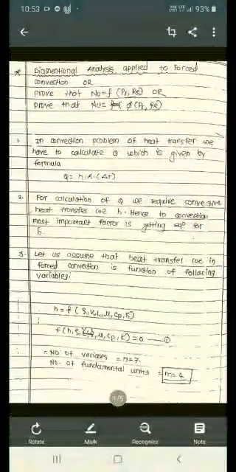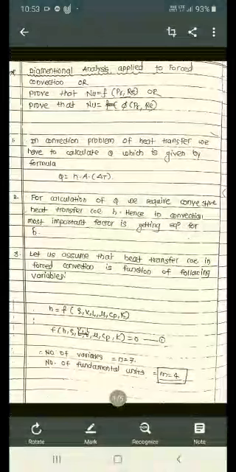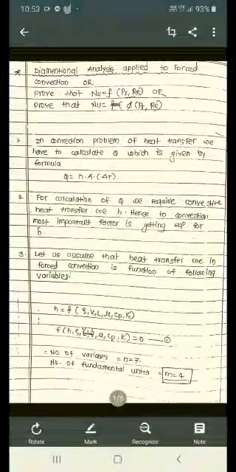In forced convection heat transfer, whenever we are going to calculate Q, we use the formula Q is equal to h delta T. For calculation of Q, we require the convective heat transfer coefficient h. Hence, the convective heat transfer coefficient h is the most important factor. Let us assume that the heat transfer coefficient in forced convection is a function of the following variables.